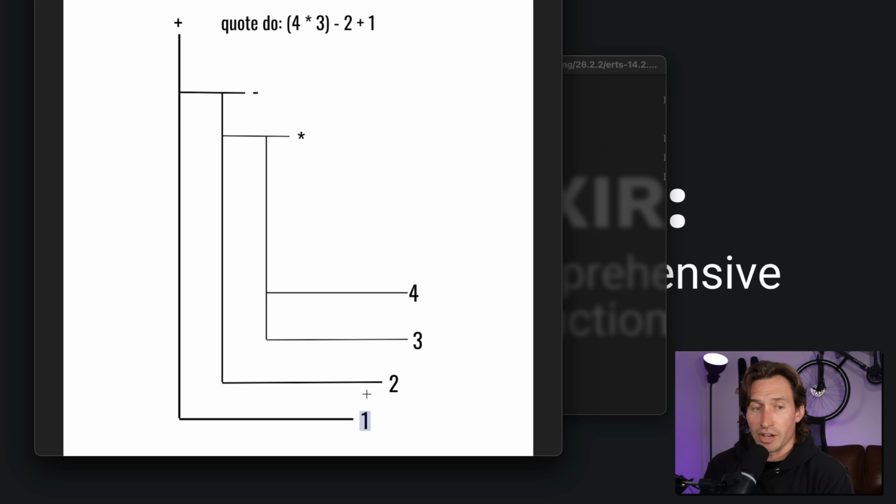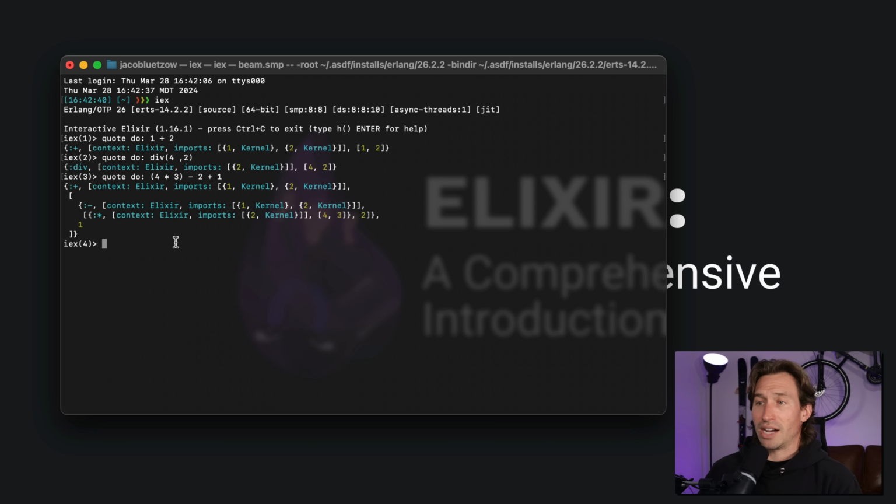So it's just a bunch of nested tuples in the abstract syntax tree structure. And hopefully this helps you visualize it a little better. Now, another thing to know is that many literals will have the same representation within the AST and high-level source. And when I say high-level source, I just mean like Elixir language. So some of these include atoms, integers, floats, lists, strings, and any 2-element tuples containing any of the listed types